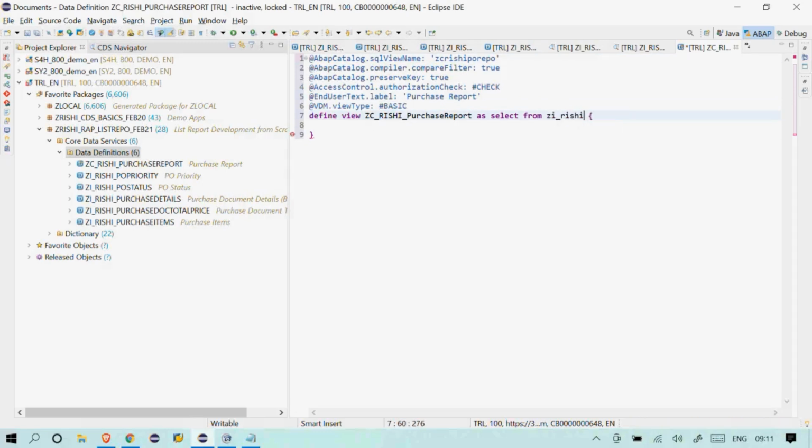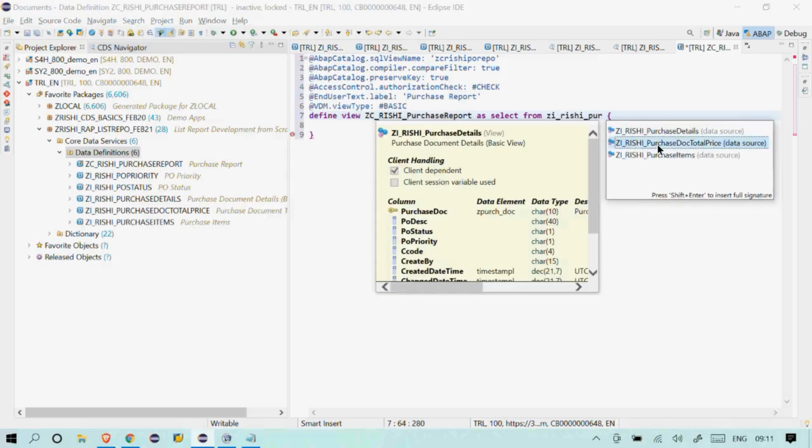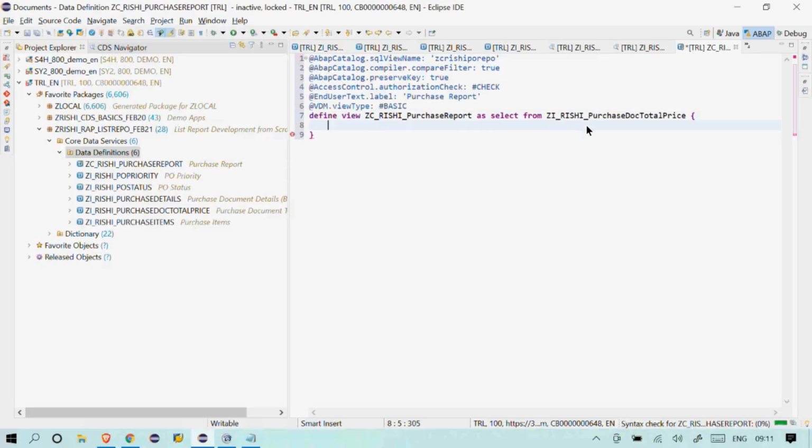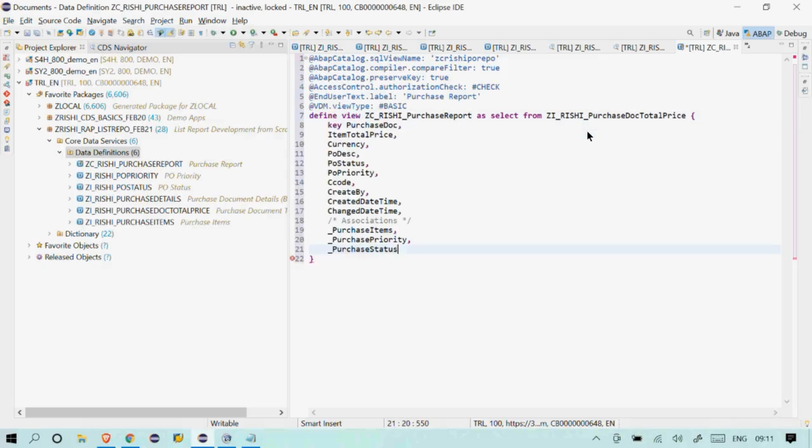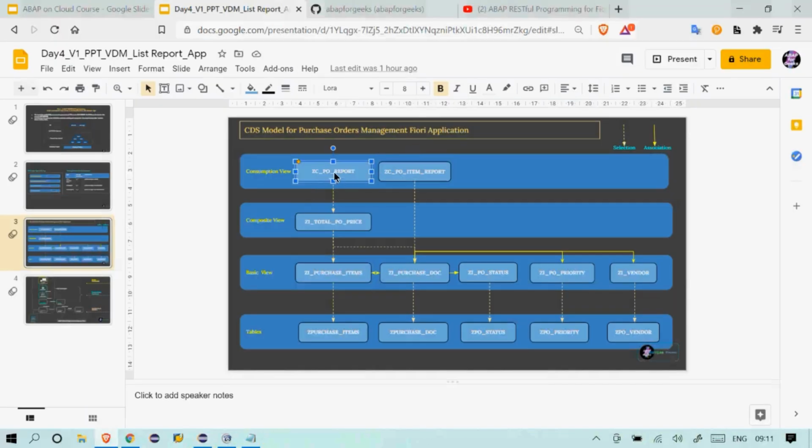Yes, and I'll fetch the information from my total price. So you just have to look at the database model that I shown you if you are getting confused. So that is how I'm following. So right click on it. So we got all the information here, and simply you can activate this one. Comment this and activate. Okay, so I'm done with this report, this CDS view creation, also consumption view.